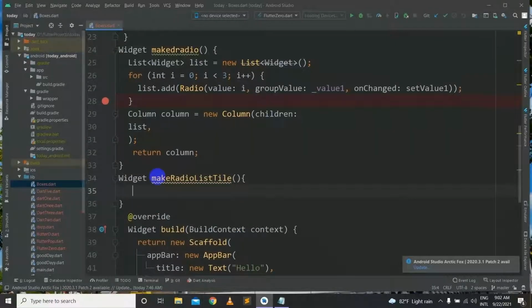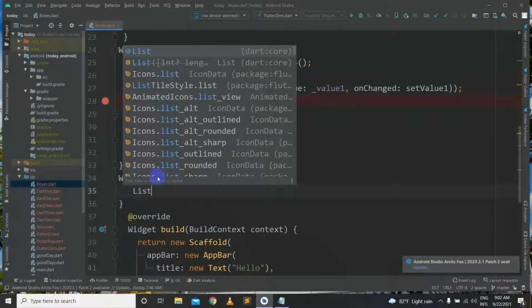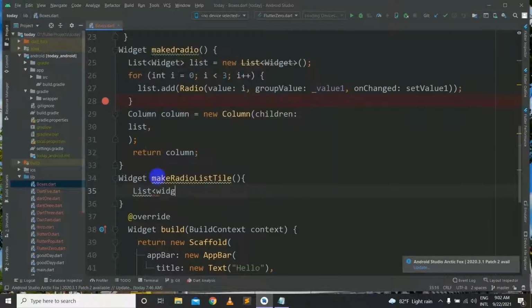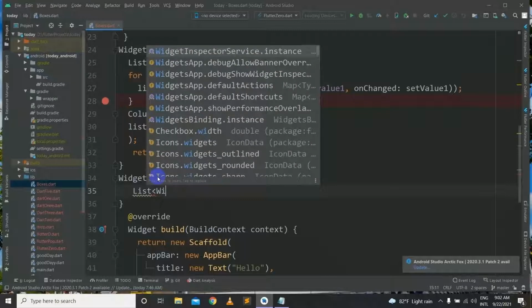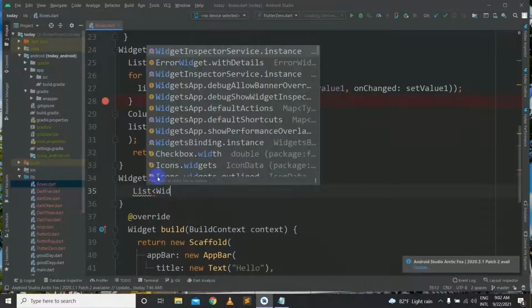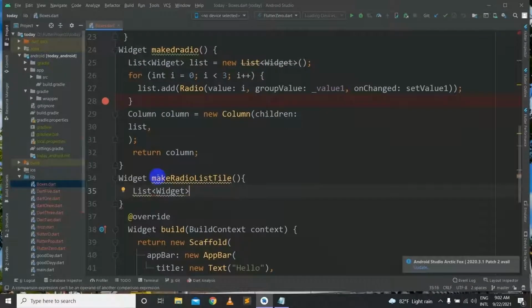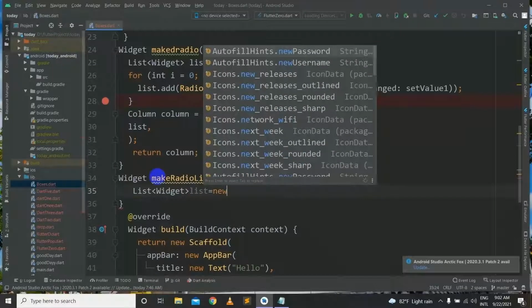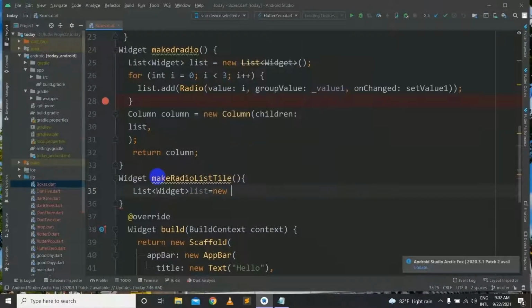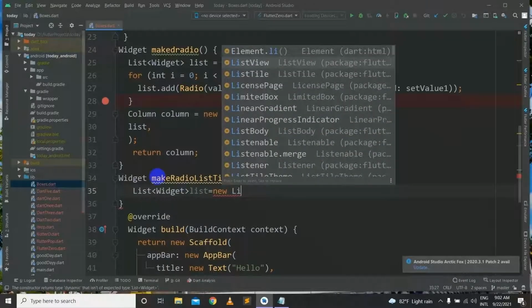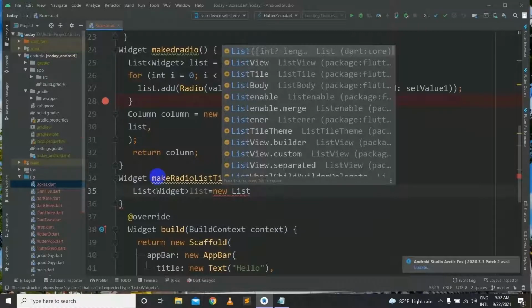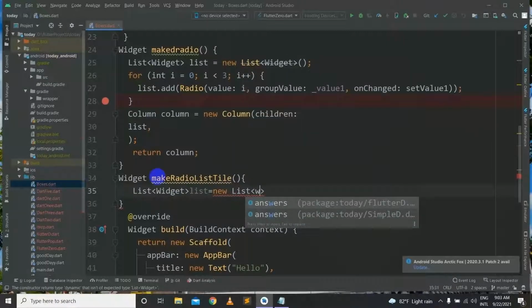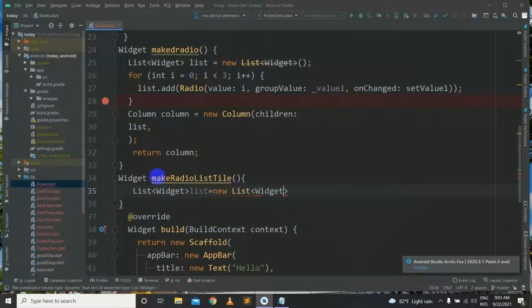Inside it we'll have a list of widget, which will also be called list. And now we'll make it equal to new List<Widget>.